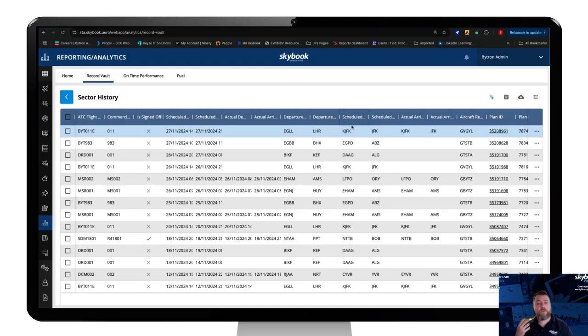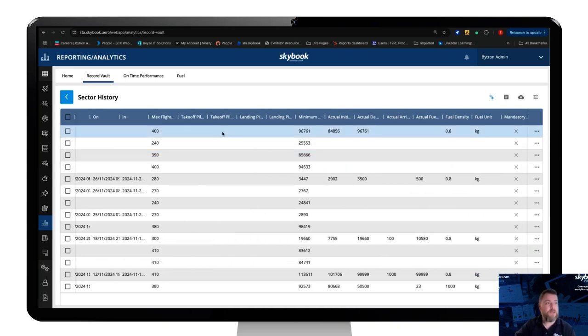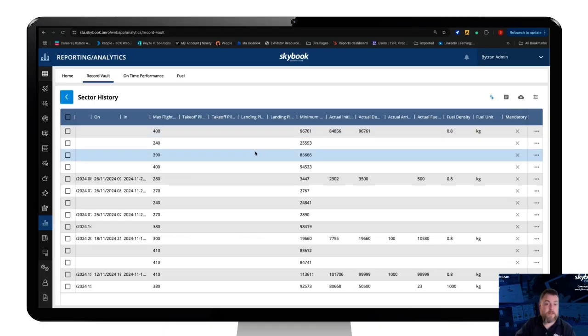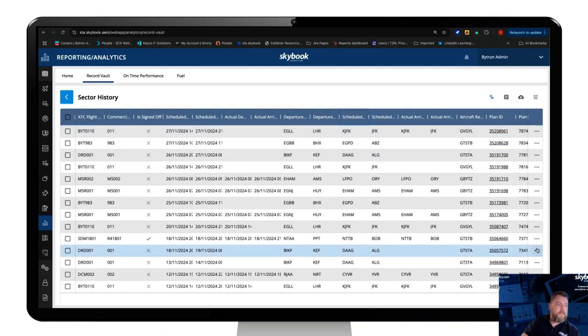And we can also move the columns around as well. So we can edit how this looks. If we don't want as many columns of information and data, we can choose to hide some of those. And we can also move columns through just click and drag to make it easier to find the information that we're looking for. If I take the SDM 1801 flight for an example, I can click on the 3 dots